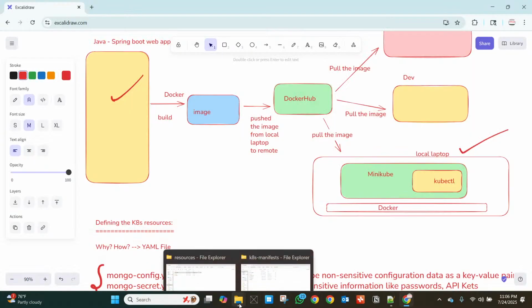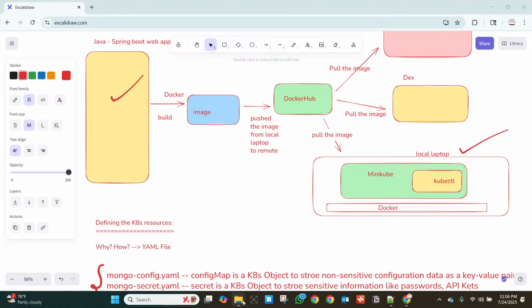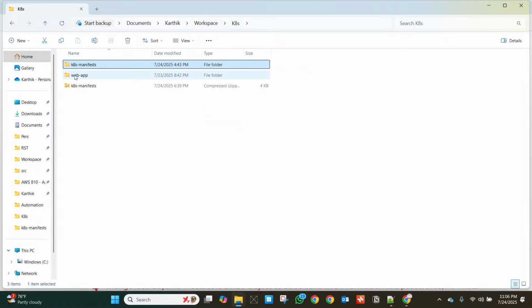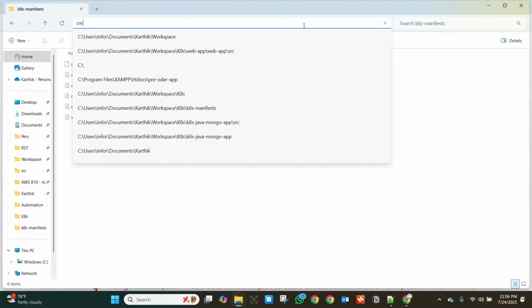My thing is we need to go and start our Kubernetes first, guys. Okay, we need to go and start our Kubernetes. How to do this? Let's say I'm going to the command window,